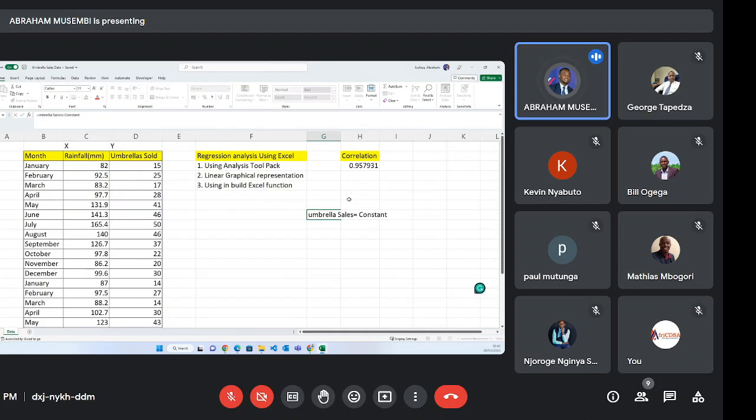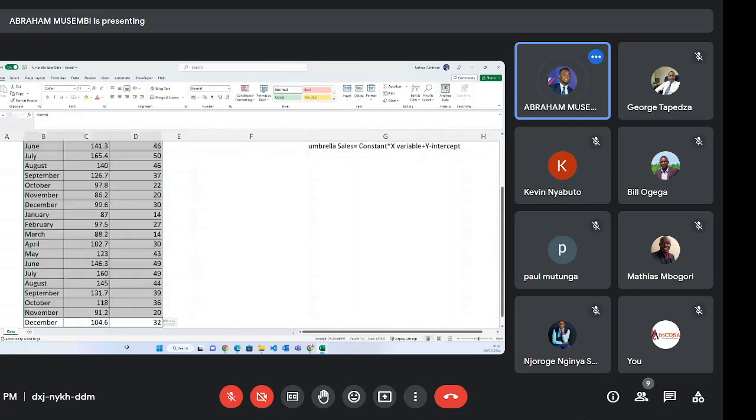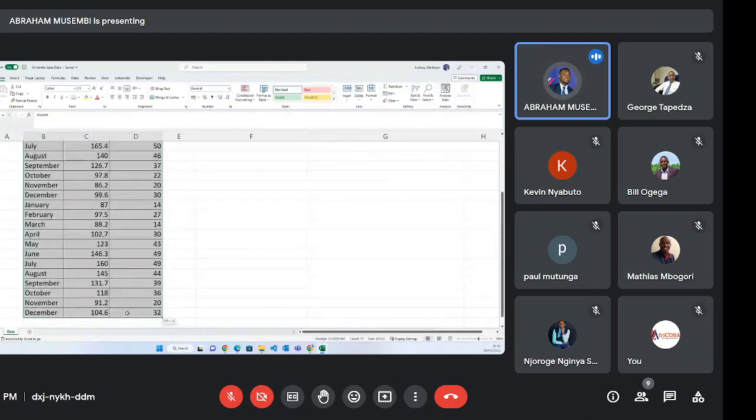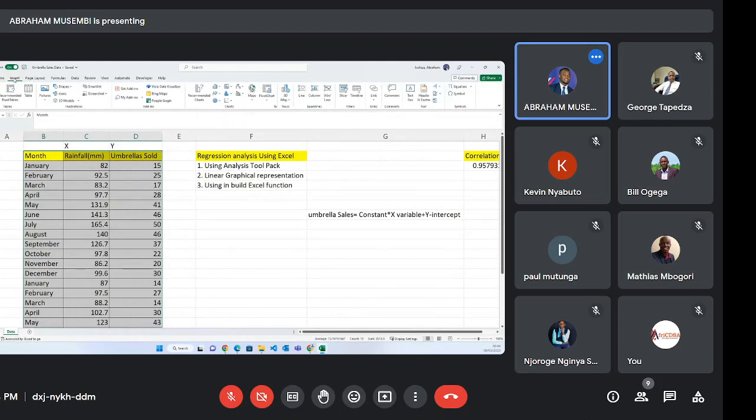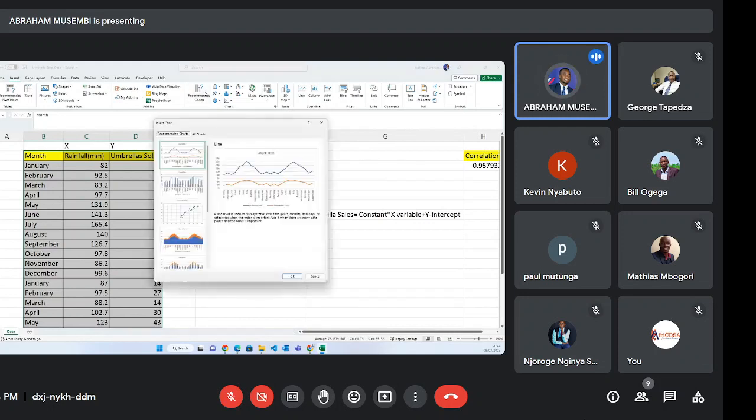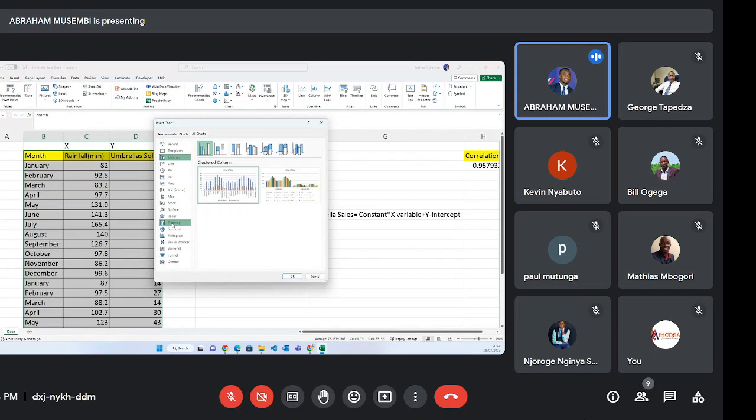You can highlight the data, then go to insert, then go to recommended charts, or you can go to all charts. Then we need a scatter plot, so that we may see how our data points are